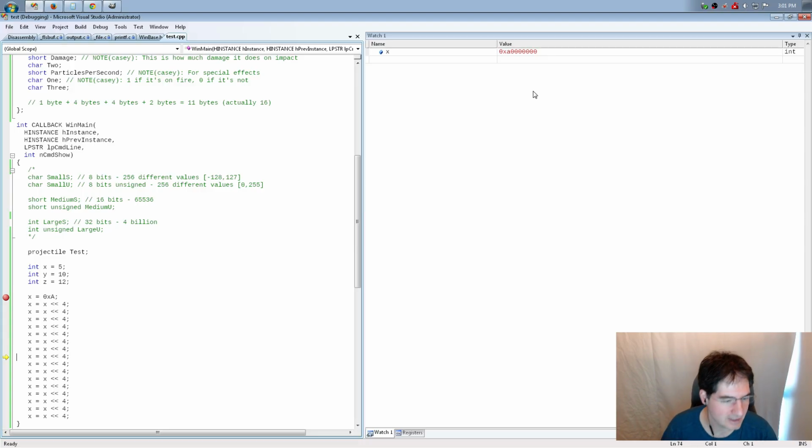Now the question is, what happens when I shift it and it's already at the end? The answer is that it's just C's defined behavior, because in hardware there are actually a lot of different answers. There are things called barrel shifters, which can do what's called a rotate, where the bits come back on the other side.